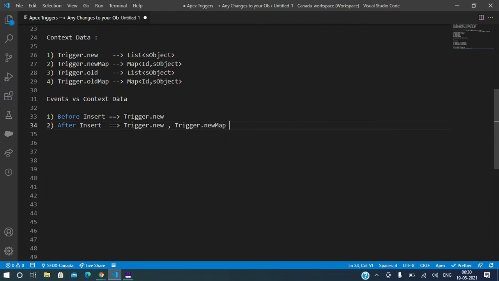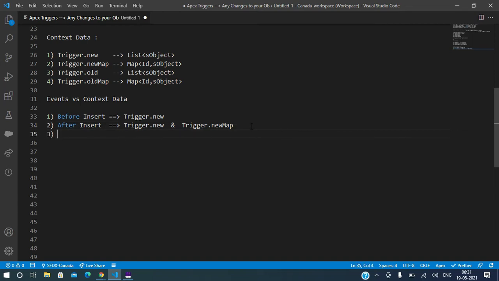What about Trigger.old and Trigger.oldMap? Can I get old values for newly created records? No, so we are not using those. For before insert we have Trigger.new. For after insert we have both Trigger.new and Trigger.newMap.